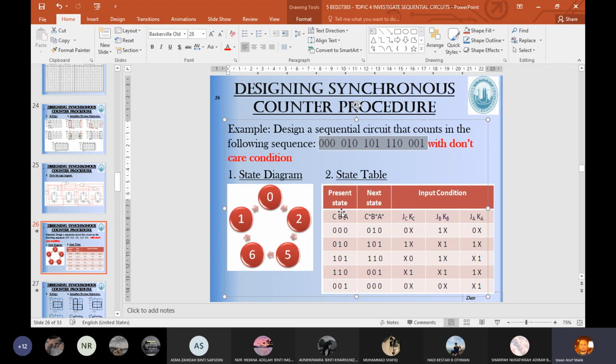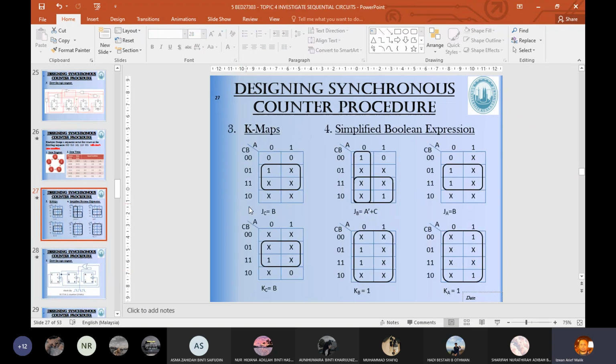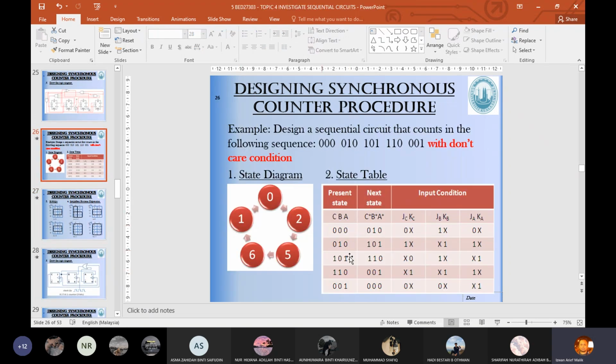So this type of table may confuse you when you want to put the JK input into the table later on. So I would suggest, I want to show you the complications that might happen. When you fill in, you should put as usual 000, 001, 010, 011, 110 until 111. Whichever numbers are not included here, their next state becomes don't care. For example, number 3. 0 to 2, 1 to 0, 2 to 5. 3 is not there. 3 goes to don't care, don't care, don't care, and obviously all the JC until KA